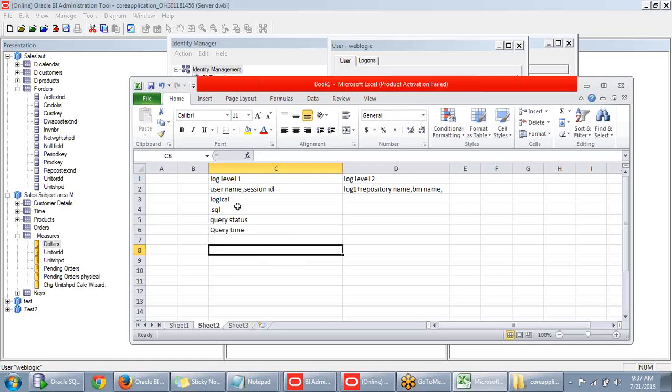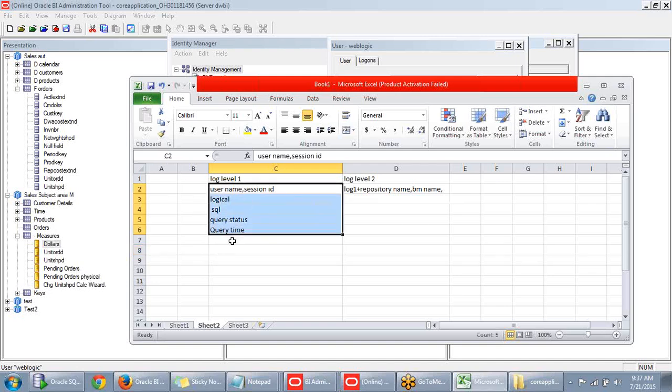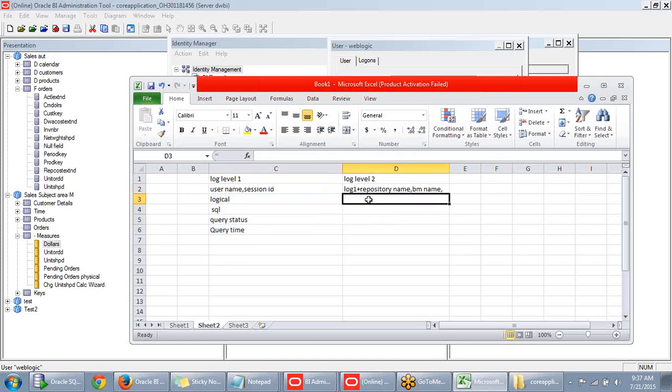Okay, all these things will get recorded if we provide log level as 1. If you provide log level as 2, besides all these options, all these options will also get captured in log level 2. In addition to the log level 1 options, we do have some more other options. That is,